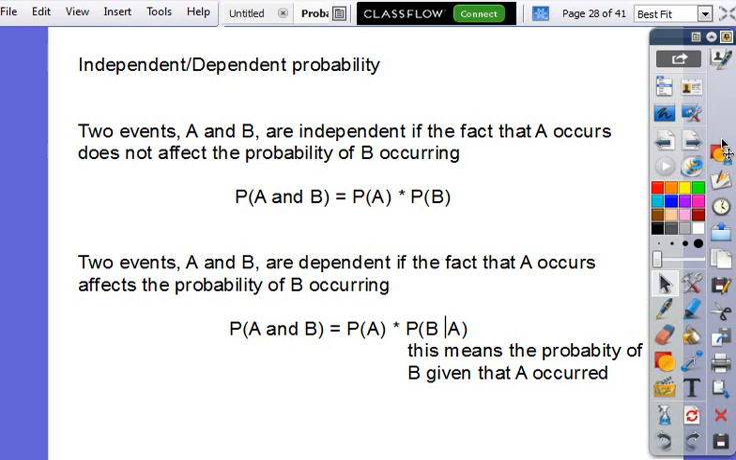Now, dependent means whatever happens the first time is going to affect what happens the second time. So, for example, let's do the cards. Say I'm doing the cards and I say, what is the probability of picking